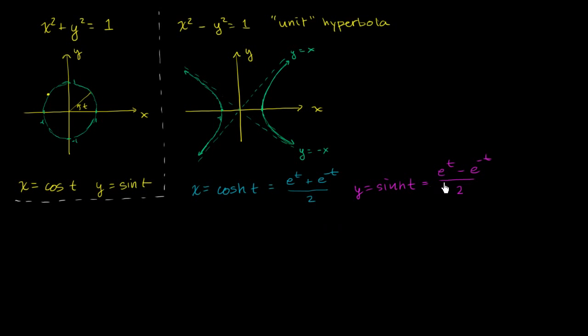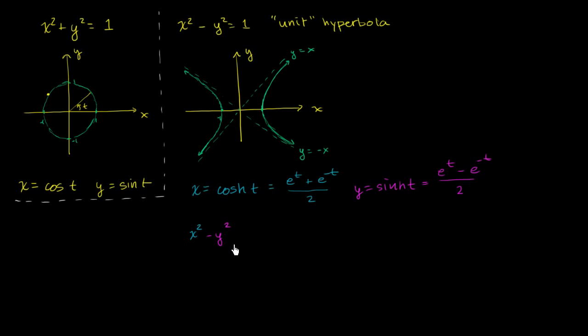Wouldn't it be amazing if for any point t over here you ended up with a point on what we're calling our unit hyperbola? Well, in order for that to be true, with this parameterization, x squared minus y squared would need to be equal to 1. Let's see if that is the case. So x squared minus y squared